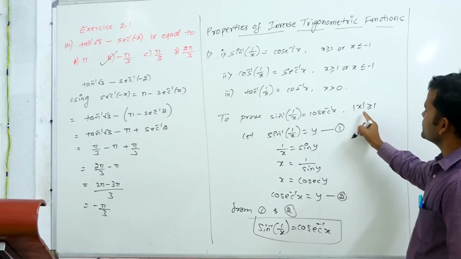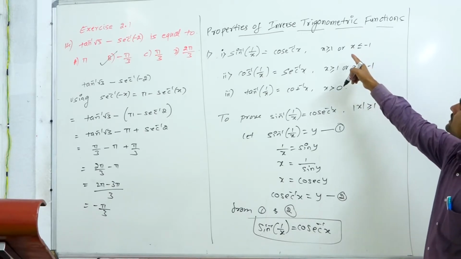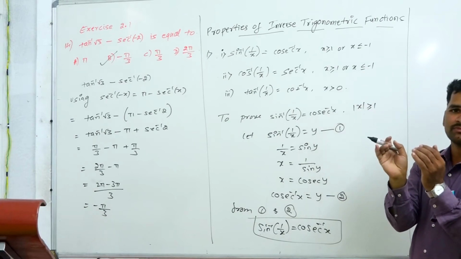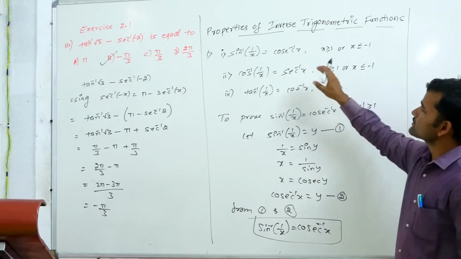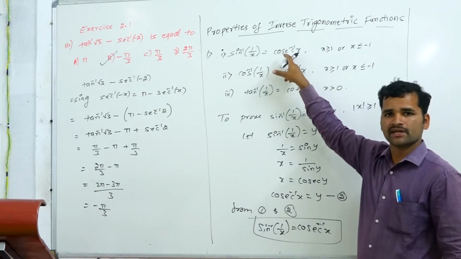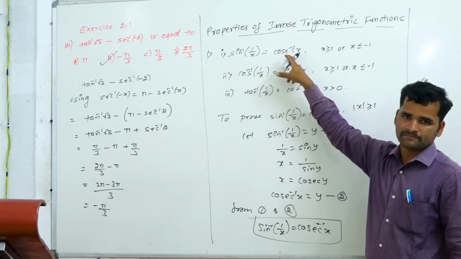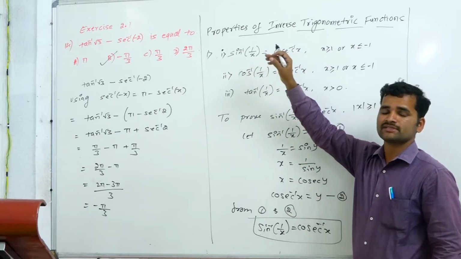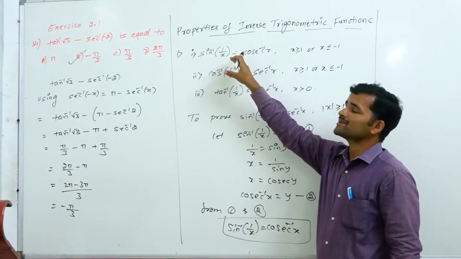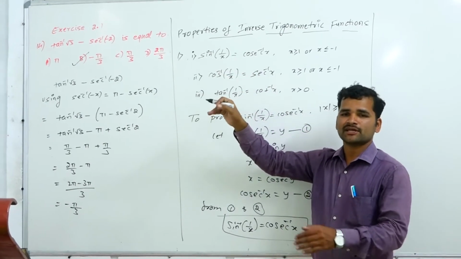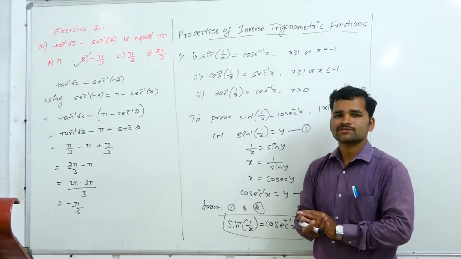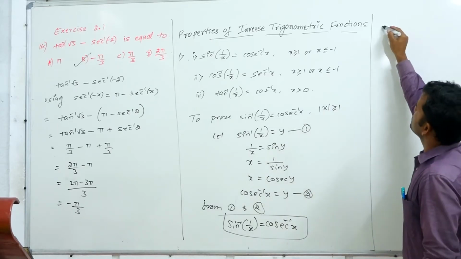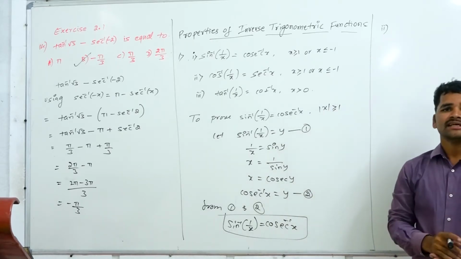You may ask the question here, sir, suppose x values are less than 1 and greater than minus 1, that is, in the interval minus 1 to plus 1, what happens? In that interval this cosecant inverse is not defined, hence we should not consider it. Sine inverse of 1 by x is there. Sine inverse of 1 by x, x values are greater than 1. If you substitute 1 by x, it becomes within the interval minus 1 to plus 1 only. Coming to the second one, you can solve easily.